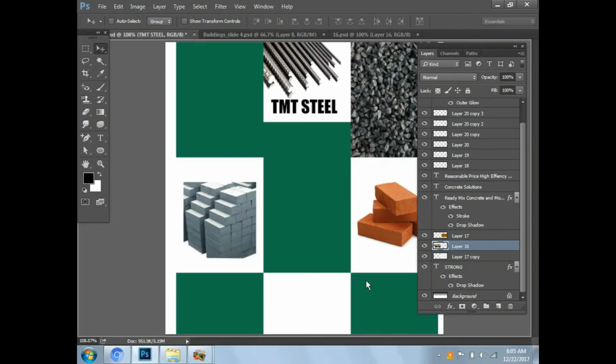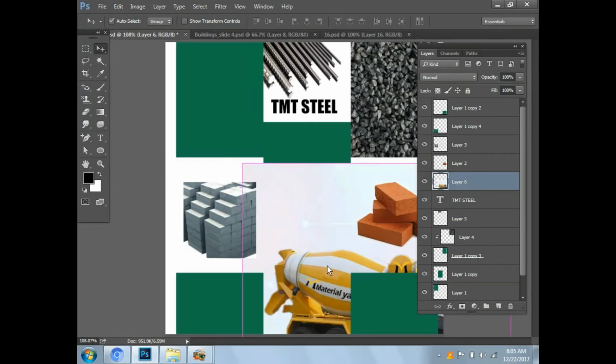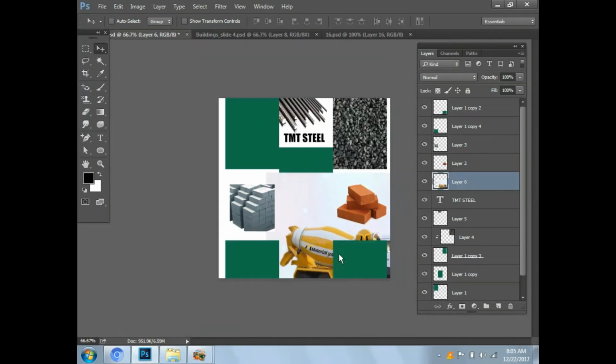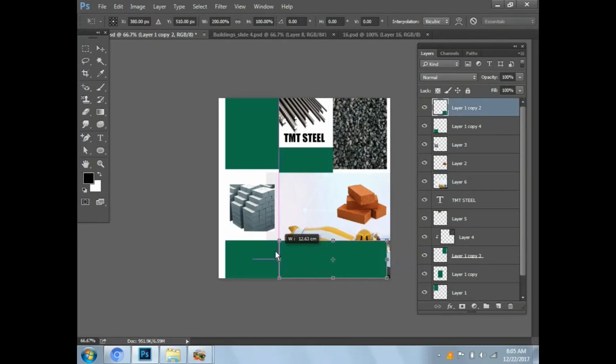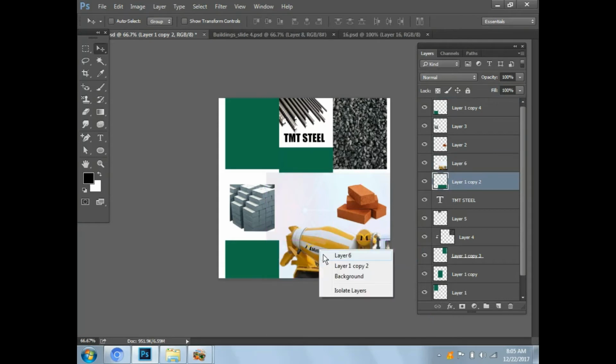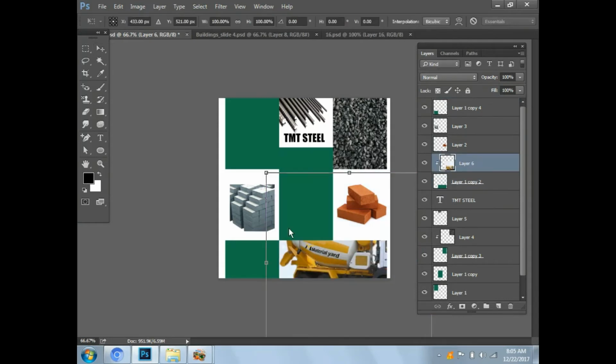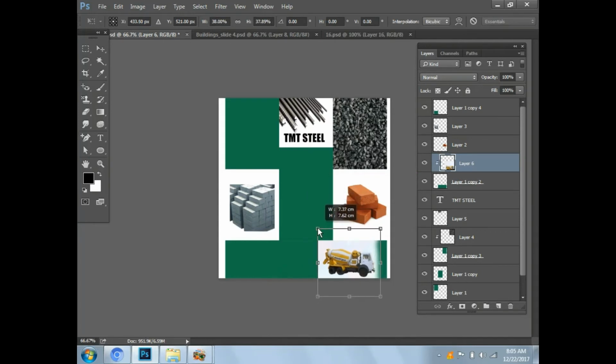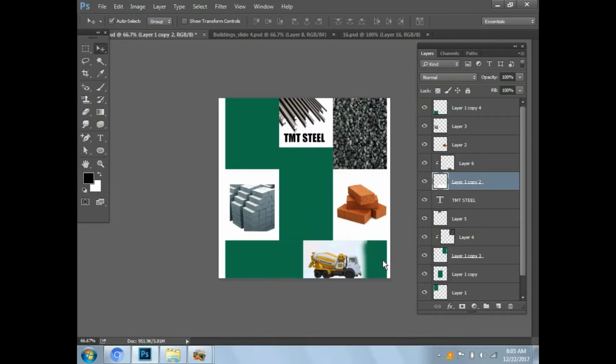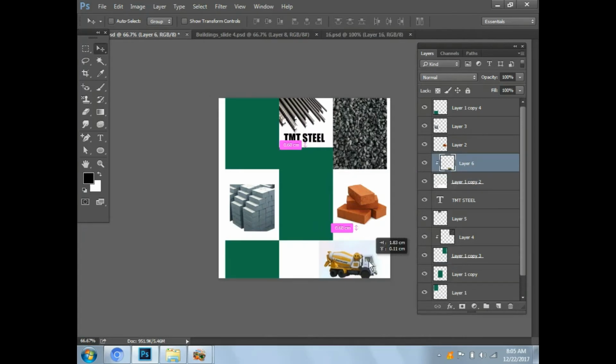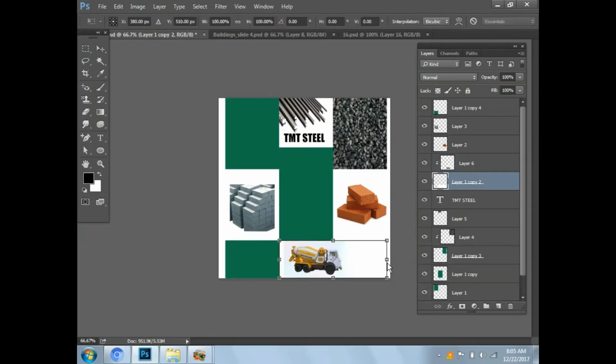Keep it in the white layer. Sorry. And again the construction image. This is also a concrete mixer.